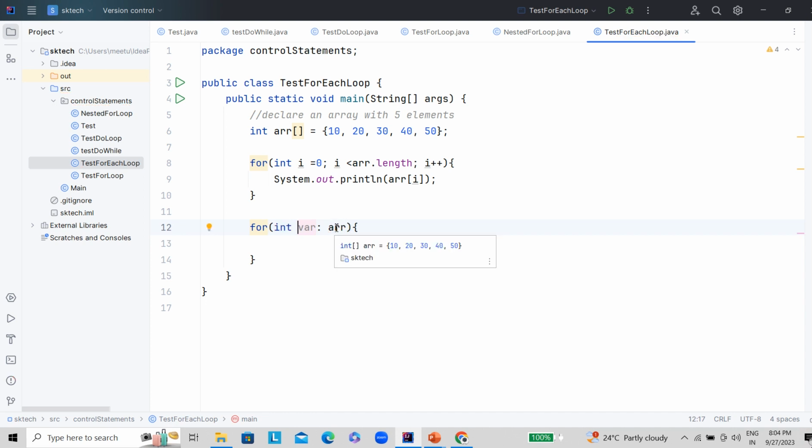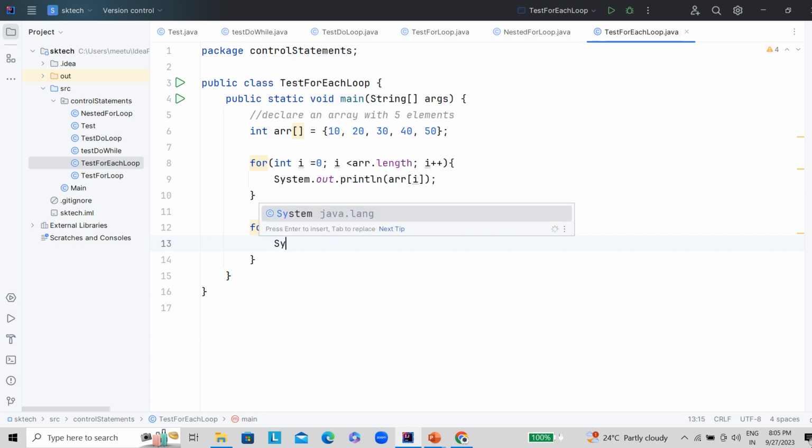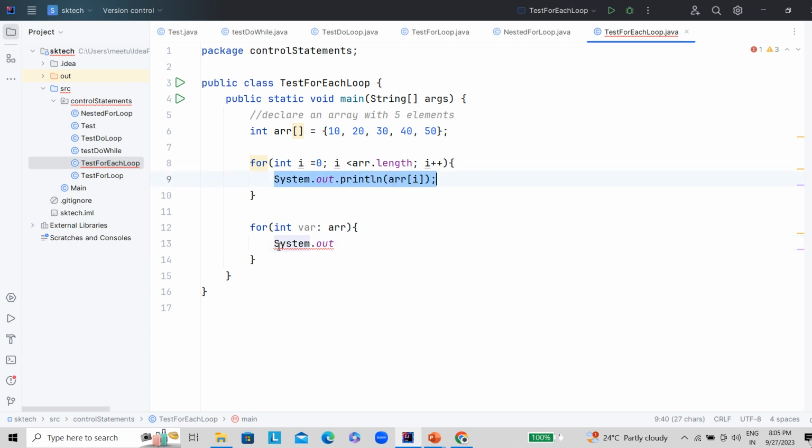Automatically it is going to return the first element, then the second element, the fourth element, the fifth element, up to the number of elements available. So there is no explicit check of where we need to start and where we need to end. It's very simple, right? As you can see. So if you write the same statement, let's say,